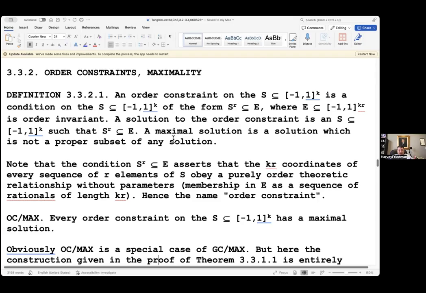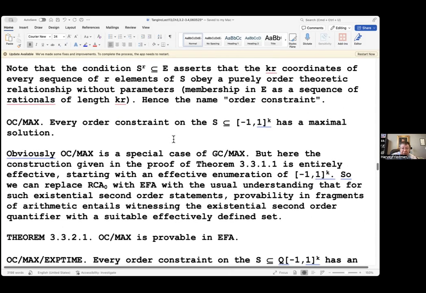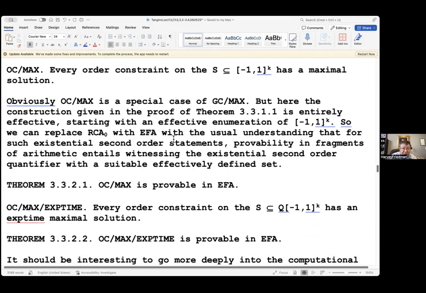If K and R are fixed, there are only finitely many of these. All right, every order constraint on the S contained in -1 has a maximal solution. That's a special case, right? But the construction is entirely effective now because we're starting with an effective enumeration of the entire space -1, so